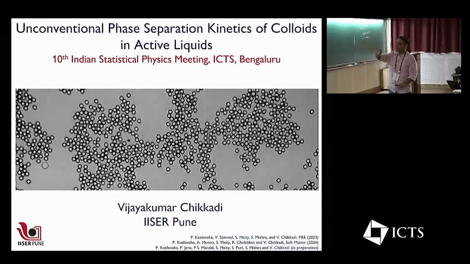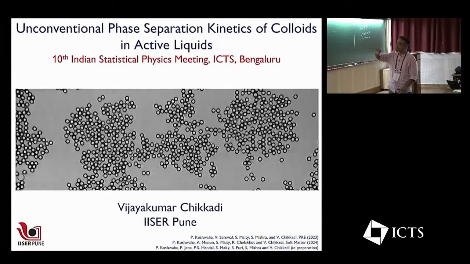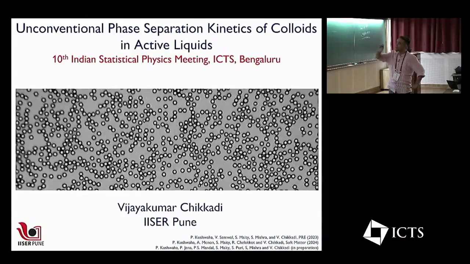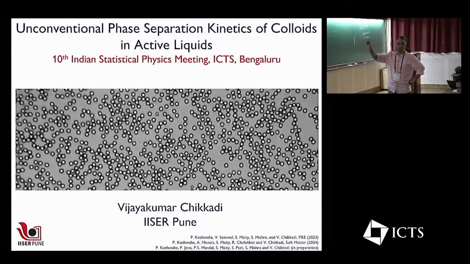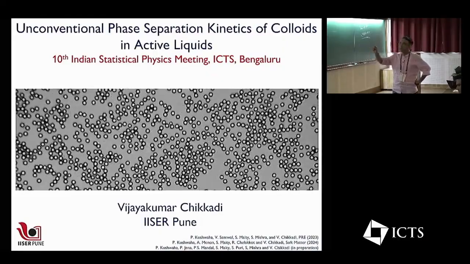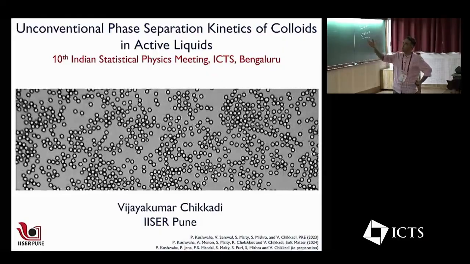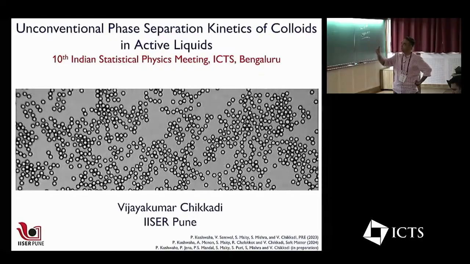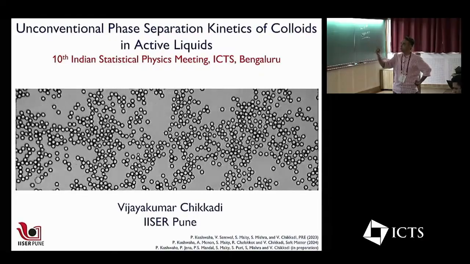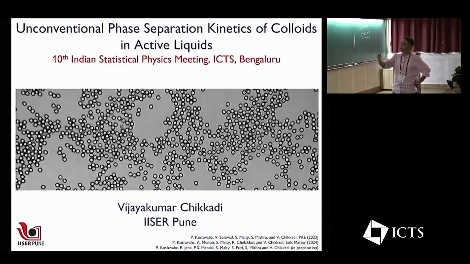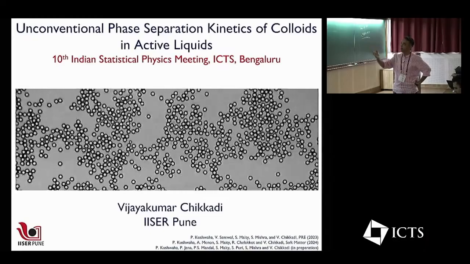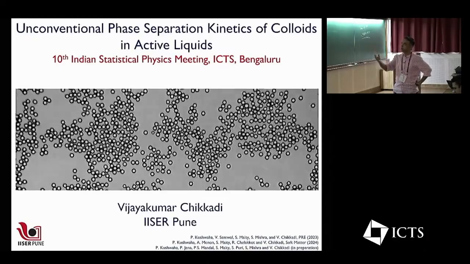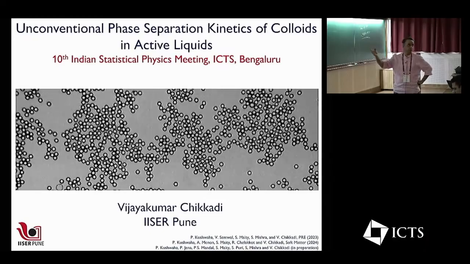which means that there is no role of thermal fluctuations. These are athermal systems. The whole reason why these particles are moving is because of the kicks they receive from bacteria. And then what you see is that a homogeneous suspension like this is unstable. The colloidal particles have an effective attraction between them, and as time progresses, you see that they start forming these clusters, and there's some sort of a phase separation in the system.